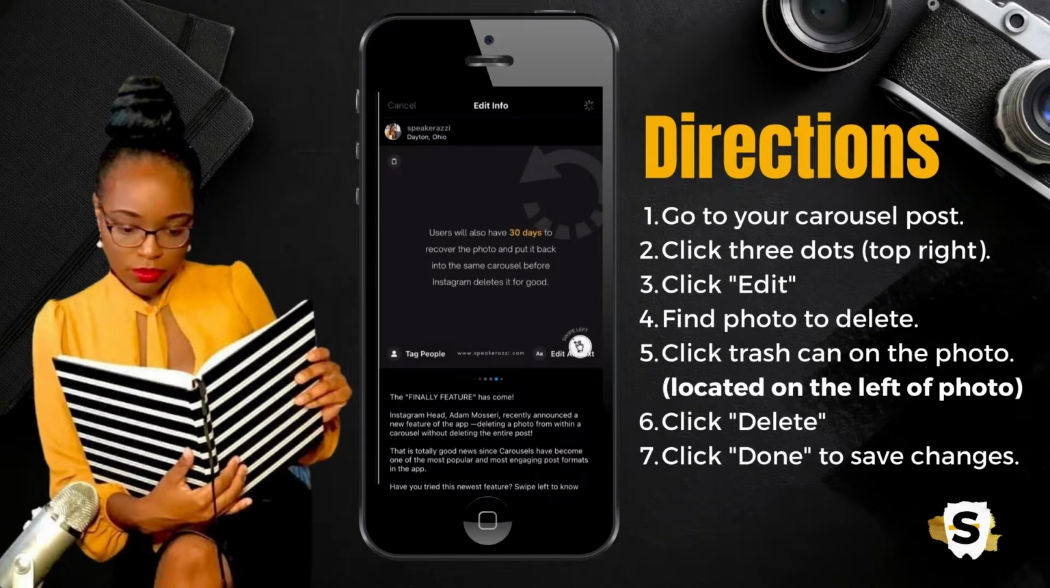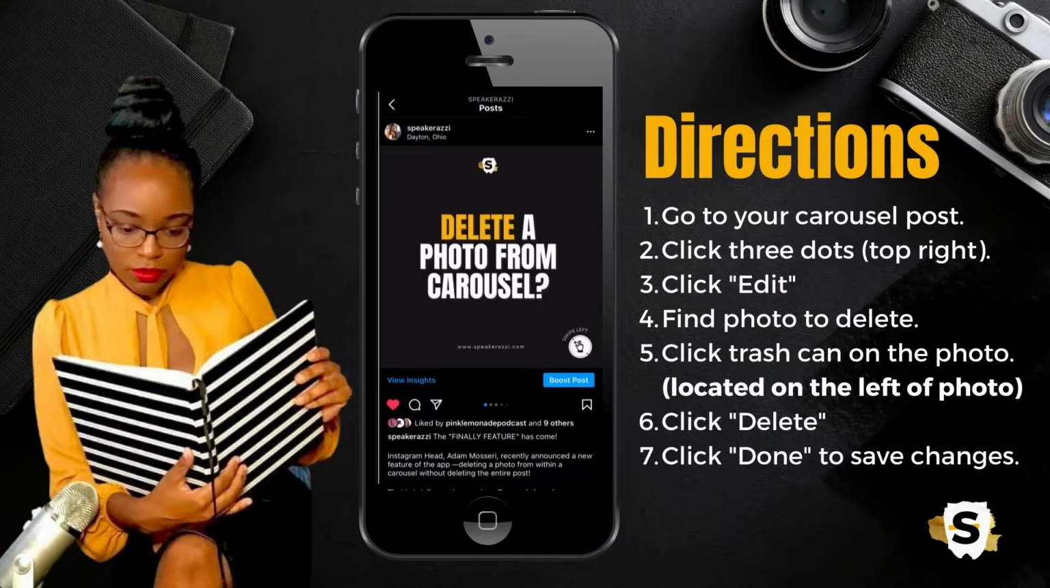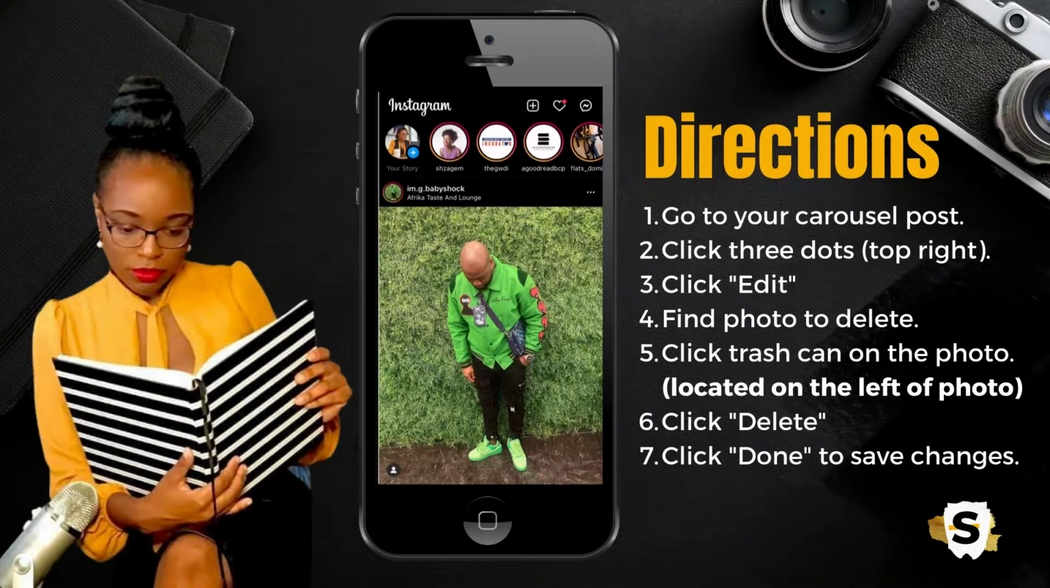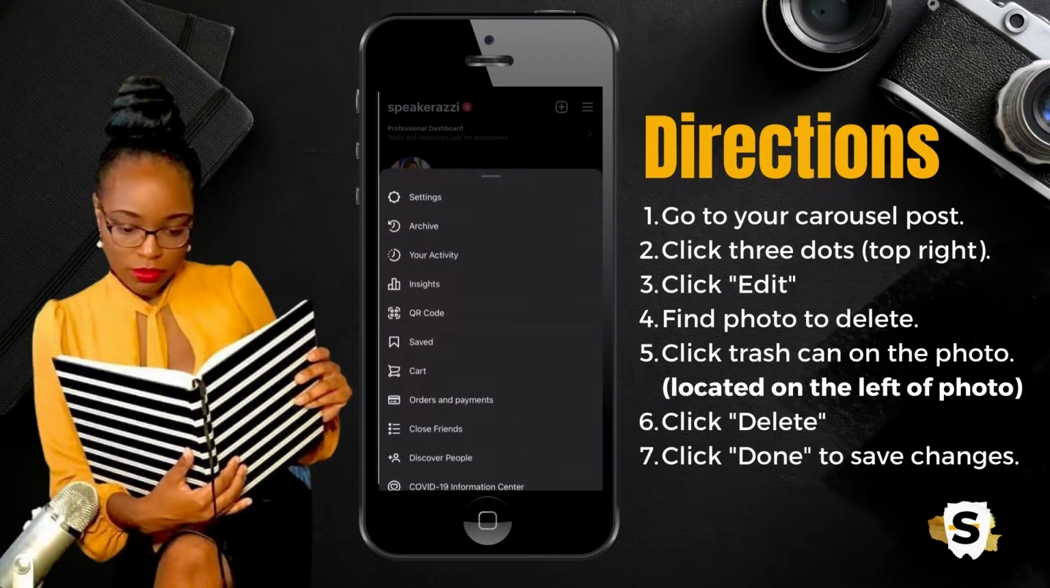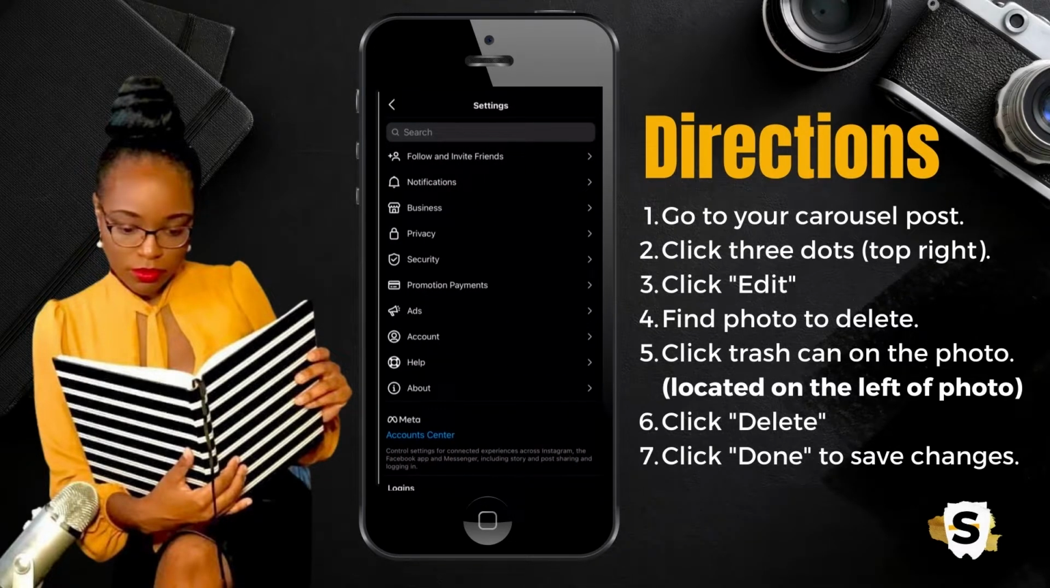Now, if you do this on accident, or if you ever want to restore a photo, there's a way to do that as well. So what you simply would do is to go to your home screen, and then you want to go to your profile, click on the little hamburger at the top right-hand side of the screen. Then you click settings, and then you want to go to account, and then you want to go where it